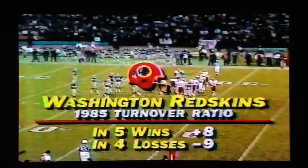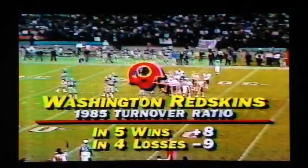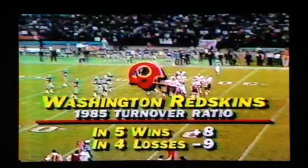You've heard, I'm sure, John Madden and me talk about turnovers and what happens and what's the result. Look at this. In the 5 wins, the Redskins